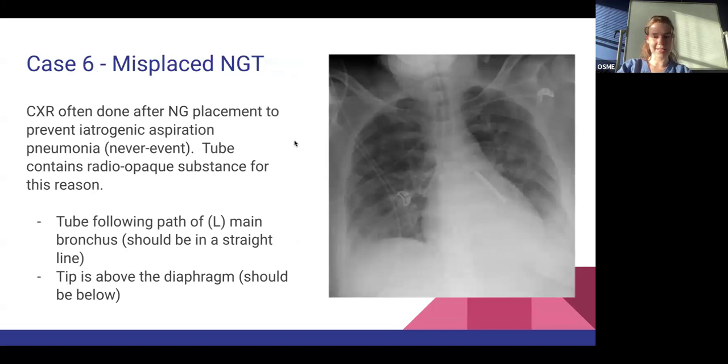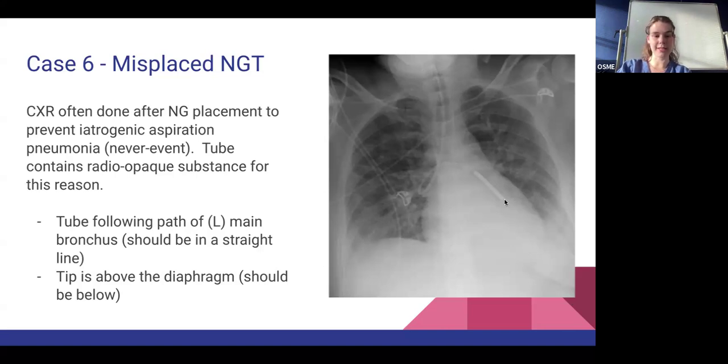Case 6 is a misplaced NG tube. They'll often show you silly things like this, and it's good to get to grips with what's normal and what's not. I hope that you can see that this person also has a bunch of wires on them. A normal NG tube should go straight down in a straight line down the whole esophagus to below the diaphragm and then into the stomach, where there should be a gas bubble. So you should know what that looks like. Here, it's gone all curvy. It's very clearly followed the tube of the left main bronchus and then ended above the diaphragm,